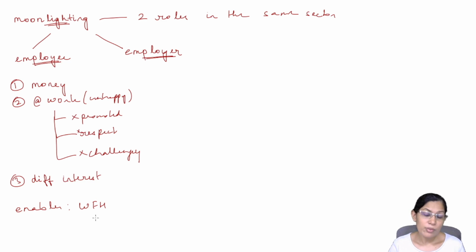So work from home has become a major enabler, and that is something which is important, because in the solutions, that's what we have to address. So now that we have this, let's think of it from the employer's perspective. Why would an employer be against it? So again, this is something which has come out in the news. You also have companies like, let's say, the head of Swiggy saying that we are okay with it, and in our policies we've included this.